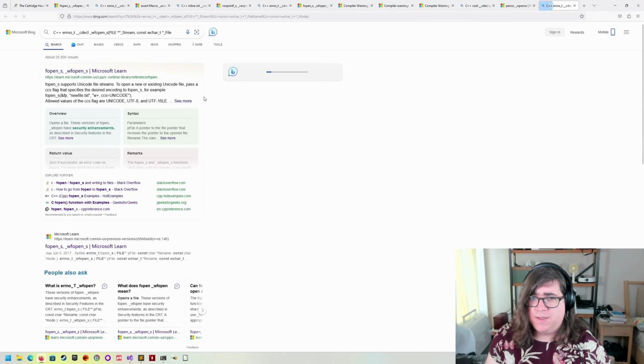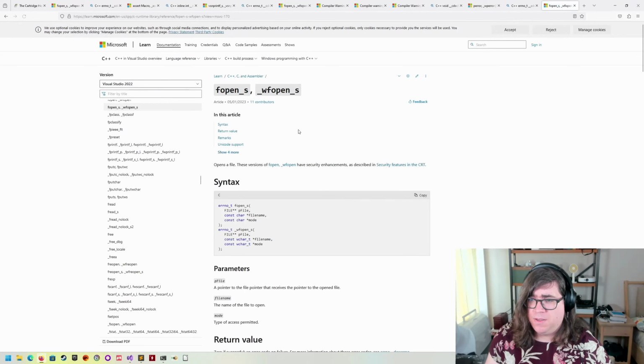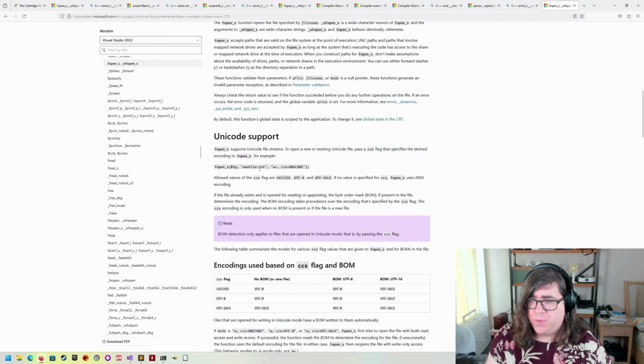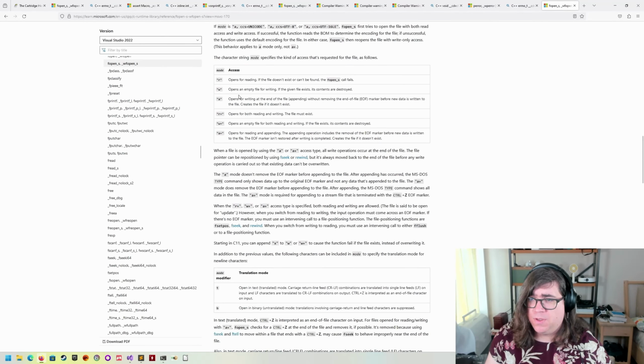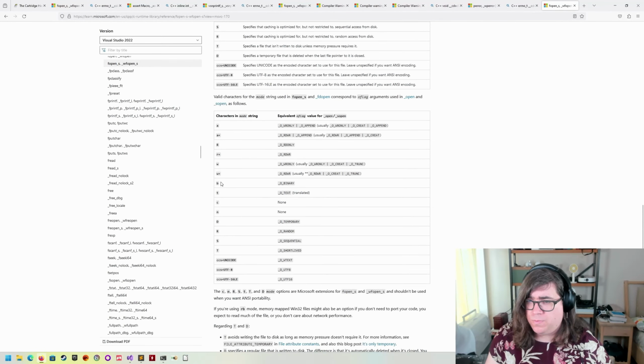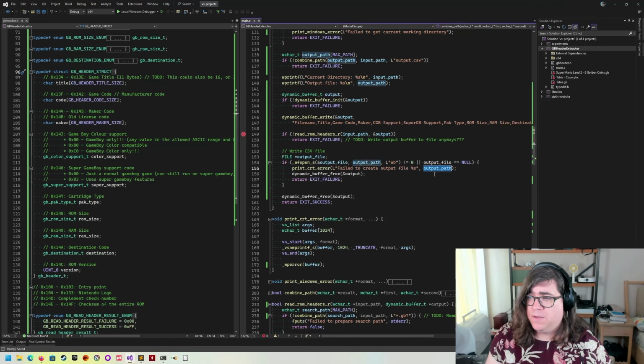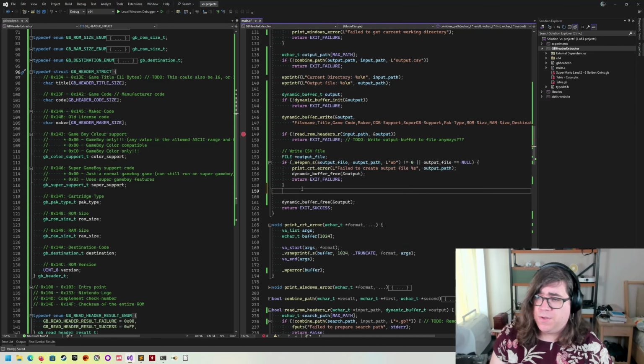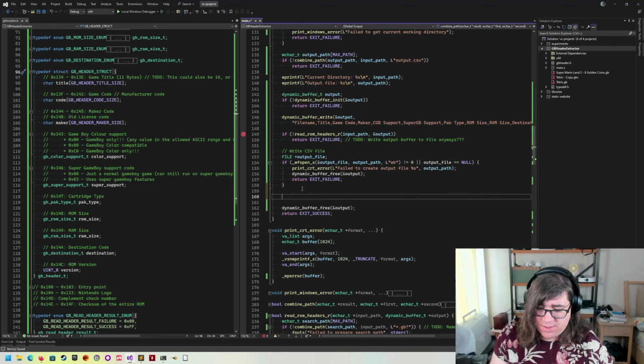Let me quickly check the write mode. Open an empty file for writing. If the given file exists, the contents are destroyed. Excellent. So it recreates the file all the time. This is exactly what I want. Cool. And B for binary mode, which is also fine. Cool. So all that we need to do now is